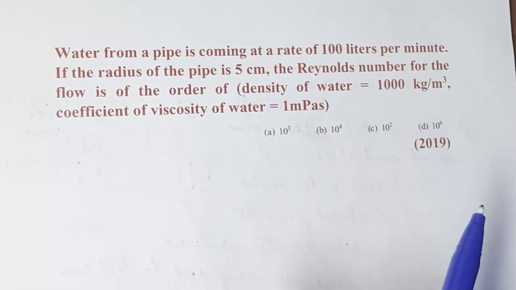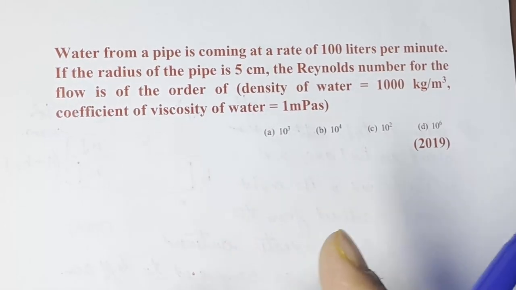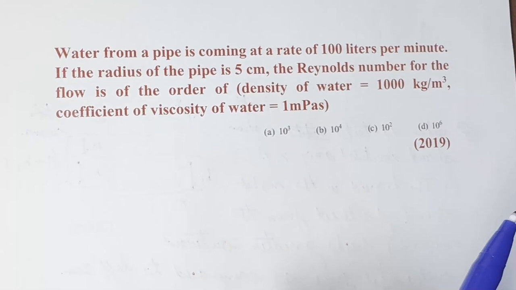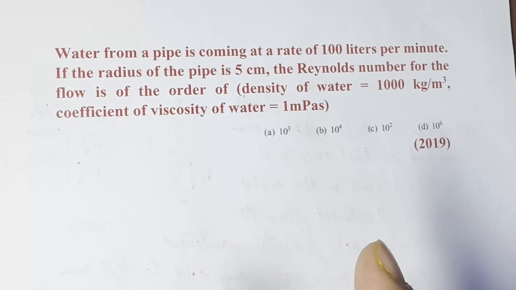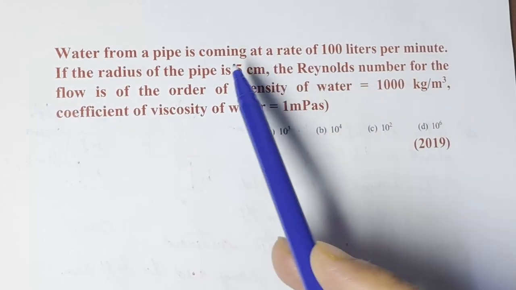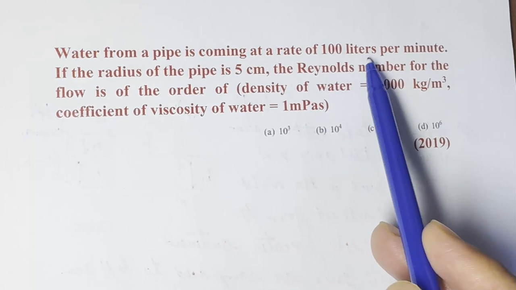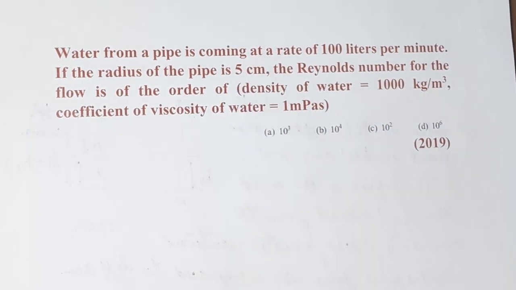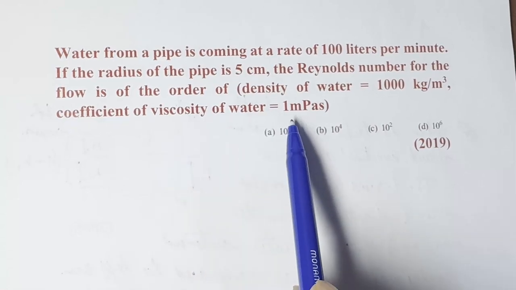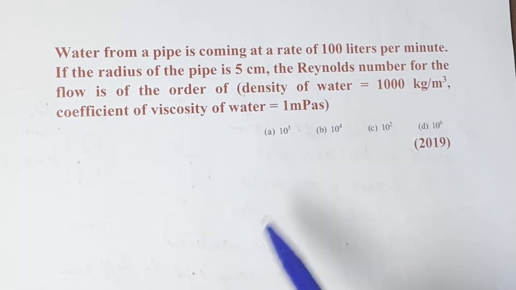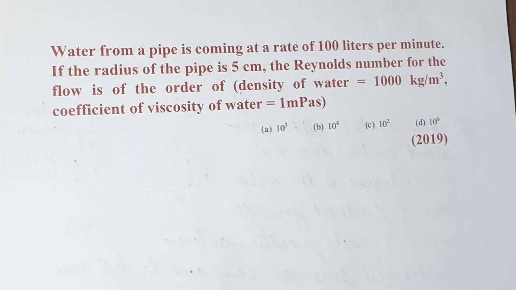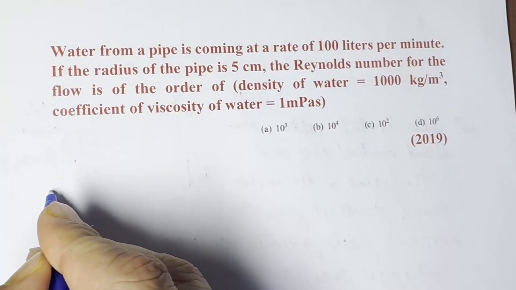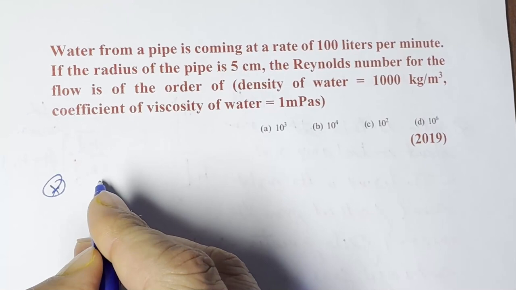So this question is quite simple and it's directly based on the formula. Only thing we have to take care in this particular question is about the units, because flow rate is given as 100 liters per minute, radius is 5 centimeter, and viscosity is given as 1 millipascal. So we have to try to adjust all the units. That's the only tricky part here. Rest it is directly based on the formula. And the formula for a Reynolds number